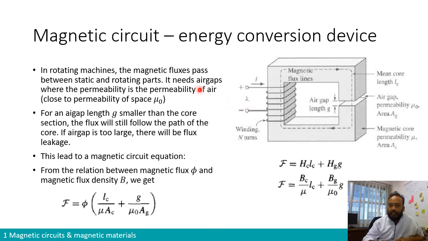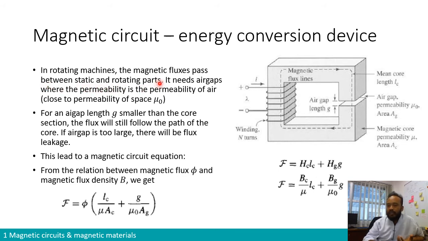But now, in rotating machines, where we will have energy conversion, we cannot just circulate magnetic flux in a closed contour. We need to basically transform it into movement. We need the magnetic flux to interact with another component that will be dynamic. So in an energy conversion device, an electromagnetic or electromechanical conversion device, the magnetic flux usually passes between static